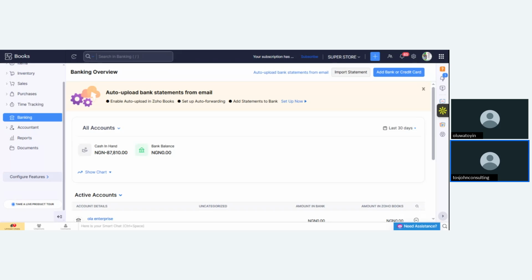Do you understand now? So for that small company, 100 million turnover and below, they are exempted from all these 3 taxes I just mentioned: company income tax, capital gain tax, and of course, development levy. And they are not meant to charge VAT on their invoice. And for withholding tax, if the invoice to the customers is not more than 2 million, they are not meant to do withholding tax. It is when the invoice is more than 2 million, then they will charge you withholding VAT on the difference of that 2 million.